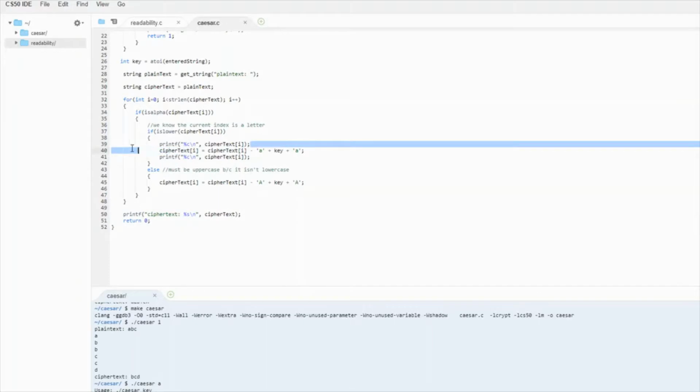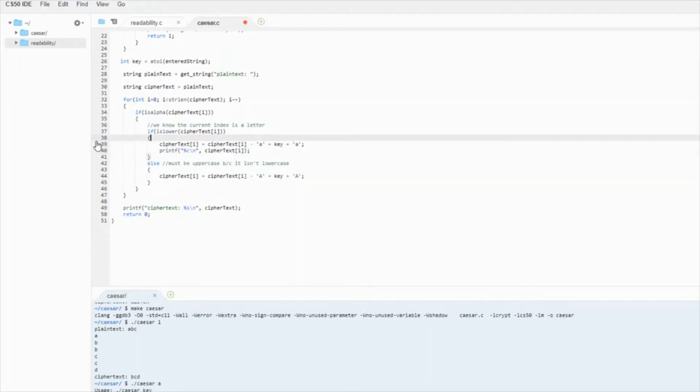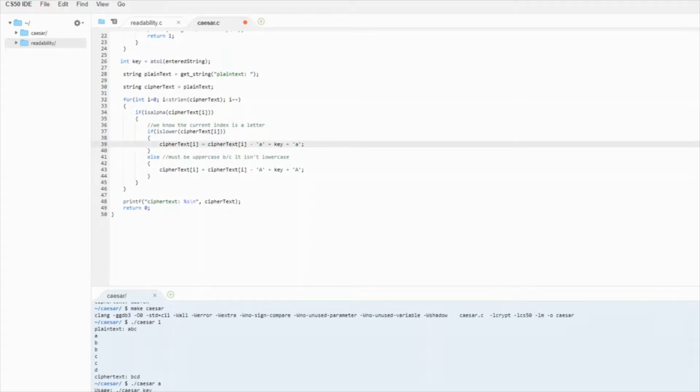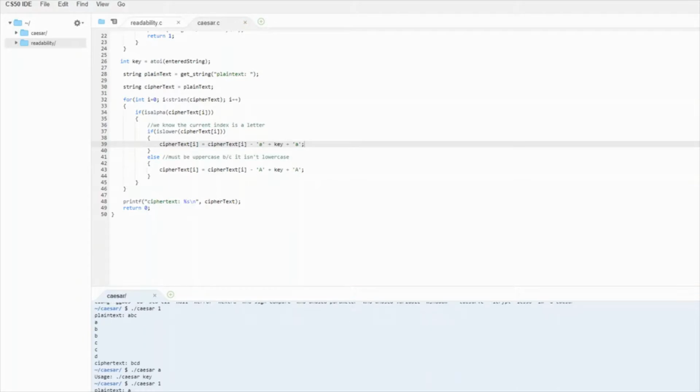So we know the math is working for little a. So since it's working for little a, I can kind of assume it's working for big A. To test this, I'm going to remake. I'm going to run through an A, and let's make it A, B, AA, BB, CC. So this should just come out to be the opposite, BB, CC, DD. And we can see that the uppercase switched to an uppercase, 1 more down, and the lowercase switched to a lowercase, 1 more down. Sweet. So we know this is working.